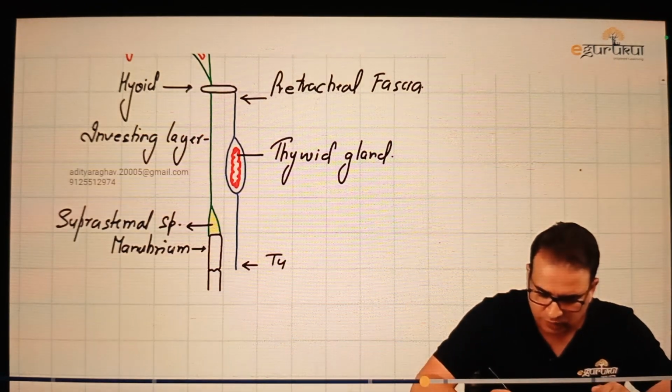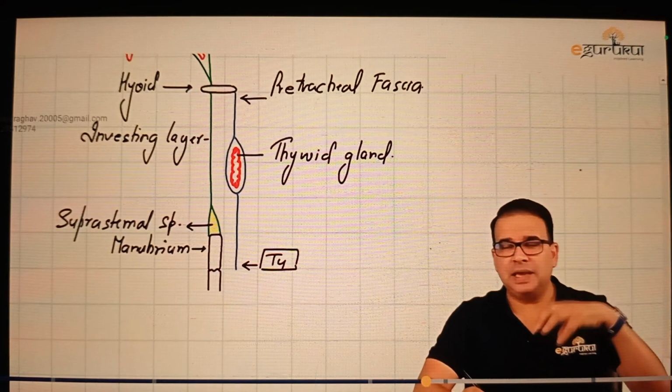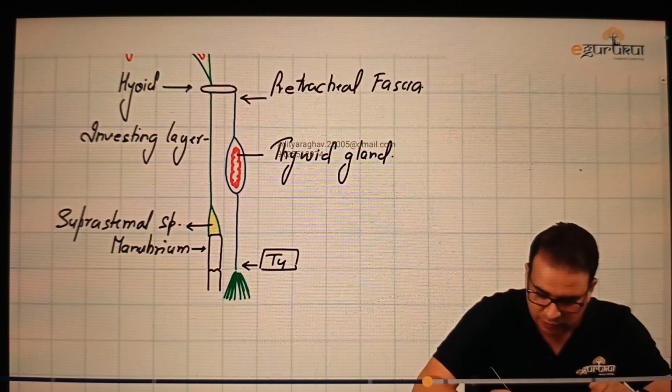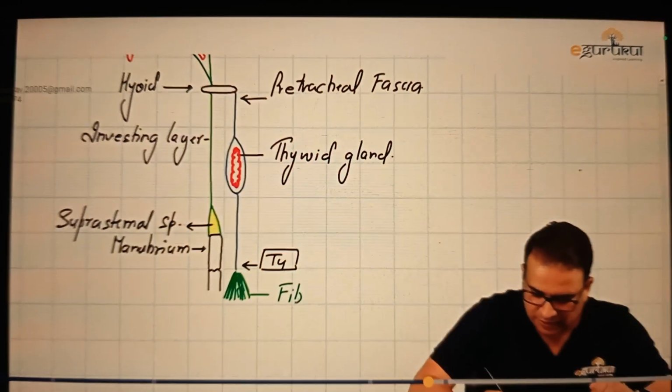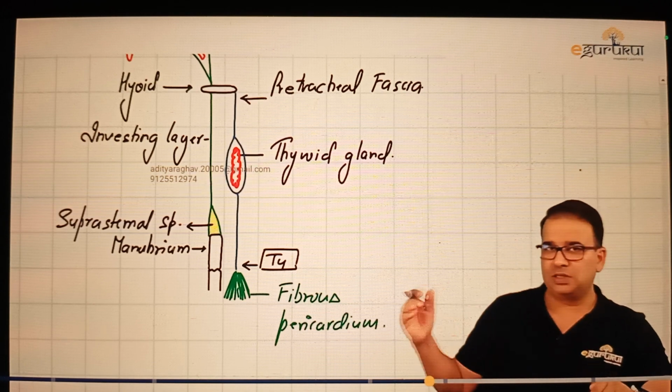Now, if it goes to the level of T4, lower border of T4, which is also the sternal angle level, how is it ending? It is ending by merging with the apex of fibrous pericardium. So, fibrous pericardium apex goes to this point only. So, it merges with the apex of the fibrous pericardium. See, this is the main motive here in this section, to see from where to where they extend